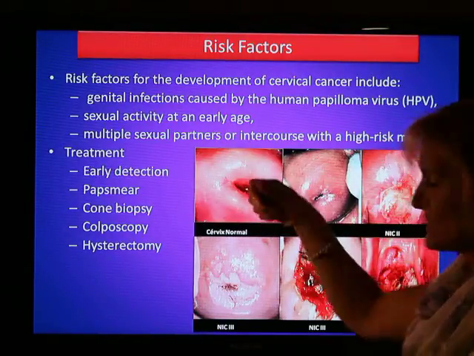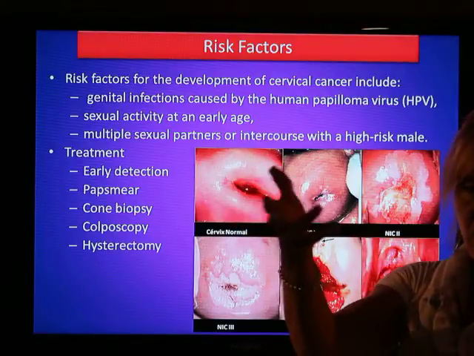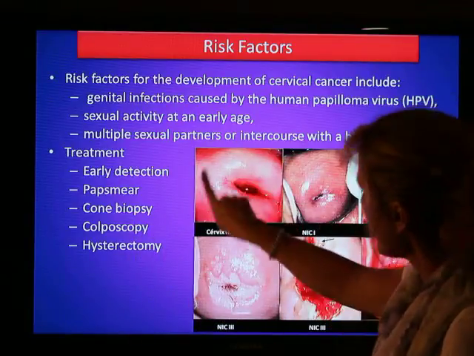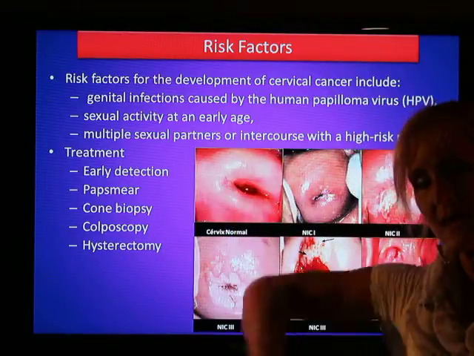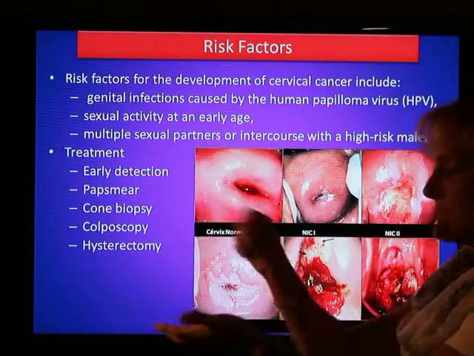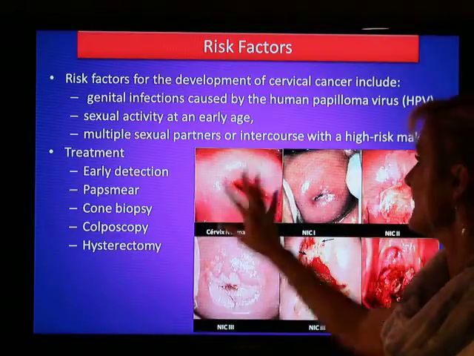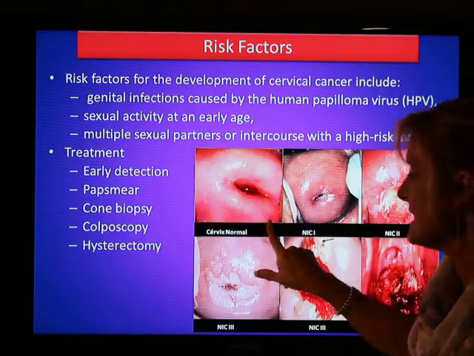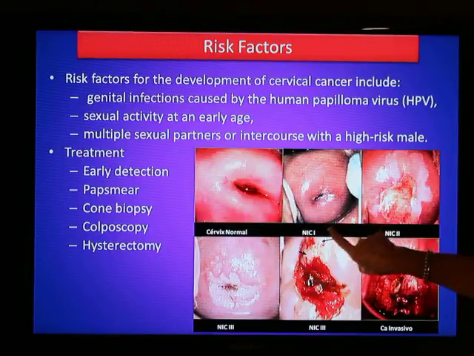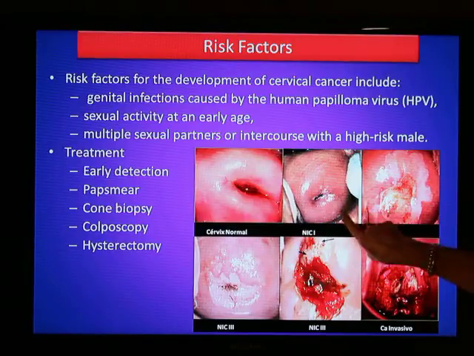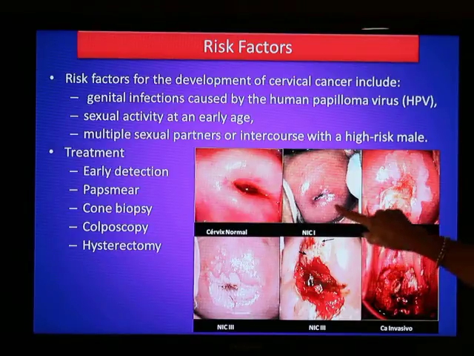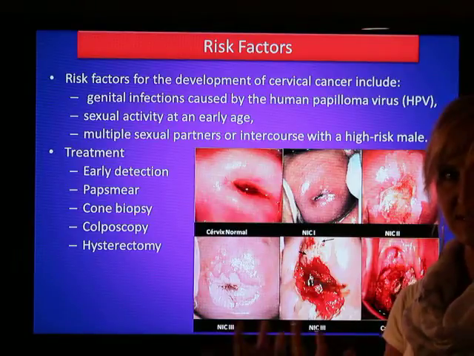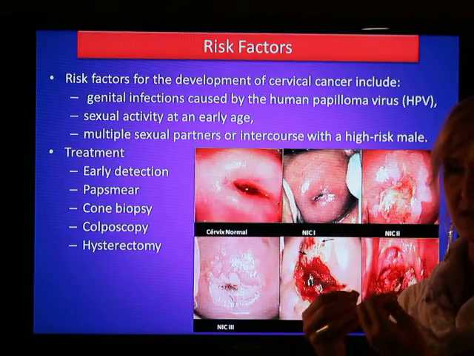And then what they'll do is, and if you guys end up working as a nurse practitioner, this is a common thing that you'll do, you get a long swab, you swab the cervix, you're getting the cells from that cervix, and then you send that to the lab, and they can identify what kind of cells are on the cervix. This is a normal looking cervix. When there is a carcinoma starting to develop, and when it first starts, it's called carcinoma in situ, meaning it has not really